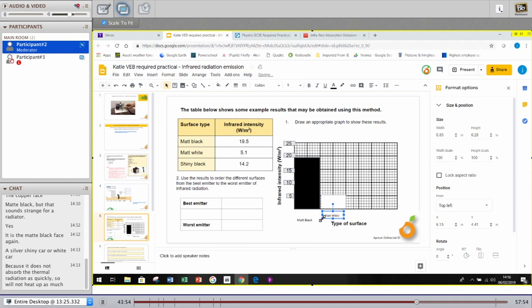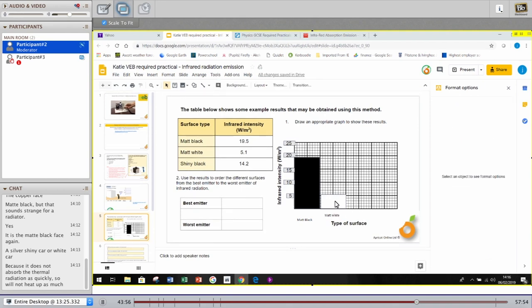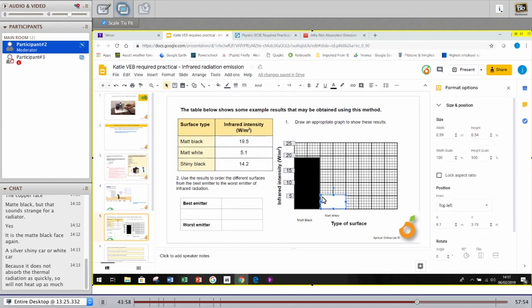I see you're linking the colour of the bars to the colour of the surface. That's a good idea. Except for shiny black, we can't really do shiny black, but